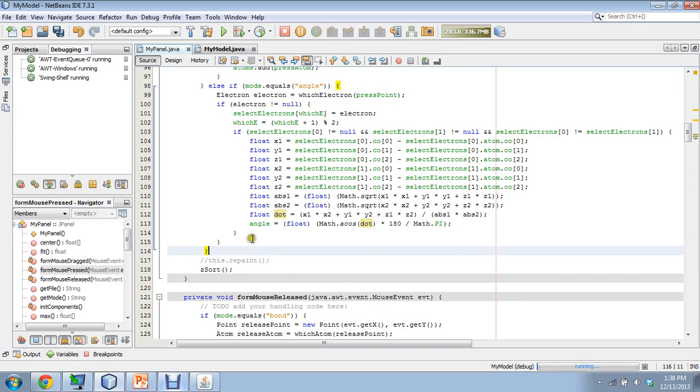So then we're going to set the angle, which normally we would set as the angle is equal to arccosine in parentheses a times b over the absolute a times the absolute b, and that would give us our answer in radians. So then we actually want degrees. Since we want degrees, we would have to multiply our answer times 180 divided by pi, and that would give us our angles. So this is the code that we implemented here. Angle is equal to float times math arccosine of the dot product, times 180 divided by pi. Okay, so this is our